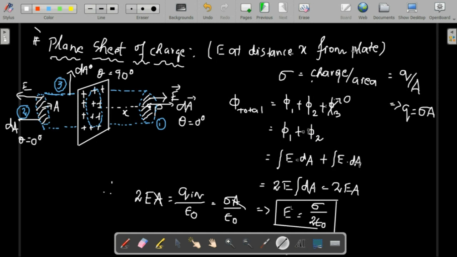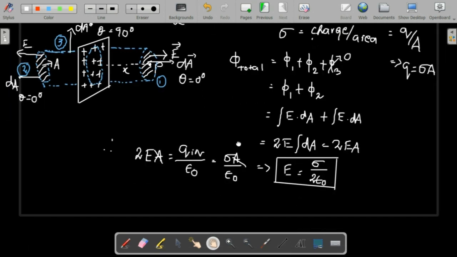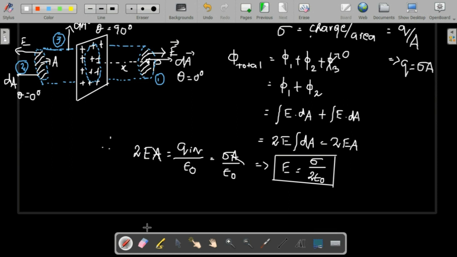This is a very important formula. You have to remember this. Don't mix up 2 epsilon naught. It is 2 epsilon naught. Don't write it as epsilon naught, because we are considering a plane sheet of charge. That's very important. Mostly, the formulas that we have written are valid